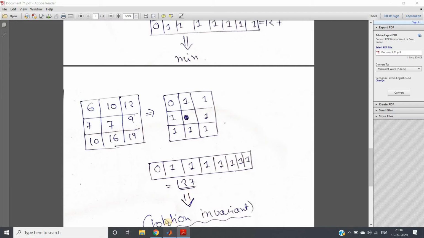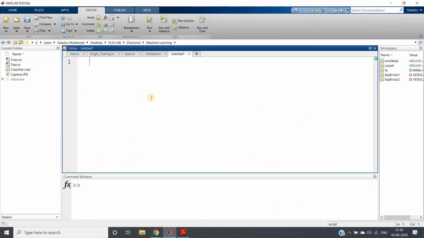So let me now go to MATLAB and show you how you can write the code for LBP feature extraction. CLC, clear all, close all, warning off, as we generally write. Up to this I hope it is clear. Just run this once.